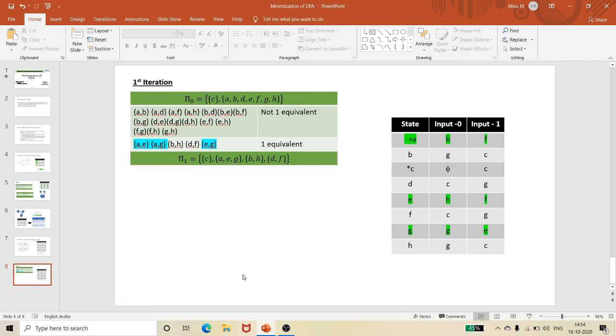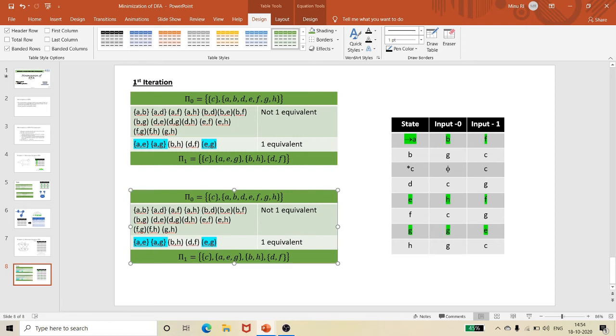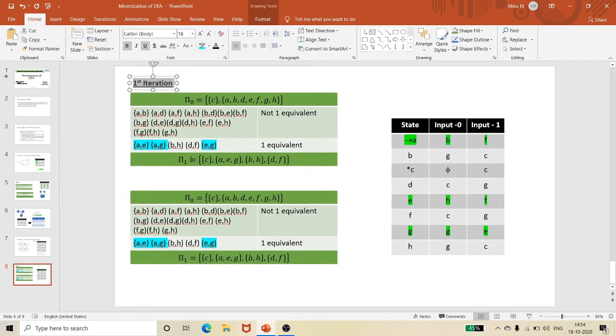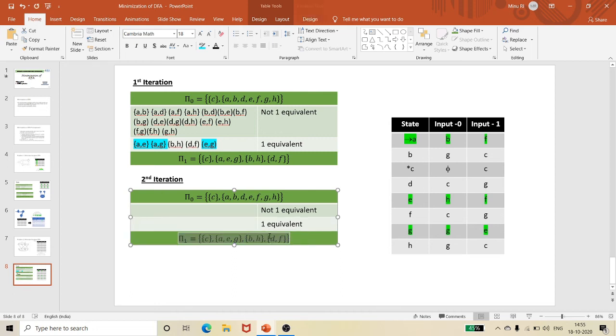So copy paste it and go for your second iteration. This is going to be my second iteration. So let me remove all these gigantic elements, and this is my input now, and I am waiting for my pi of 2.